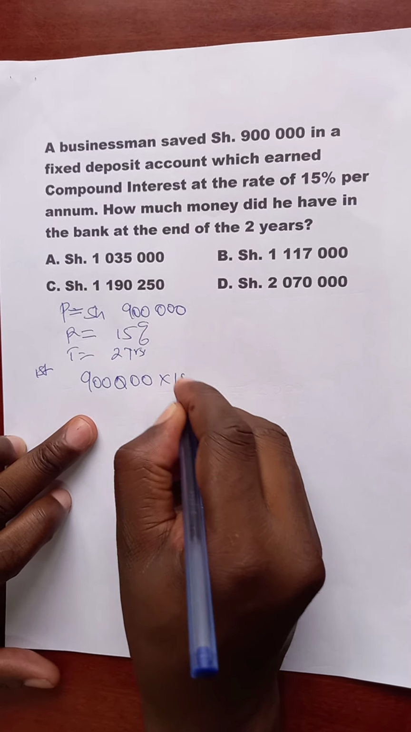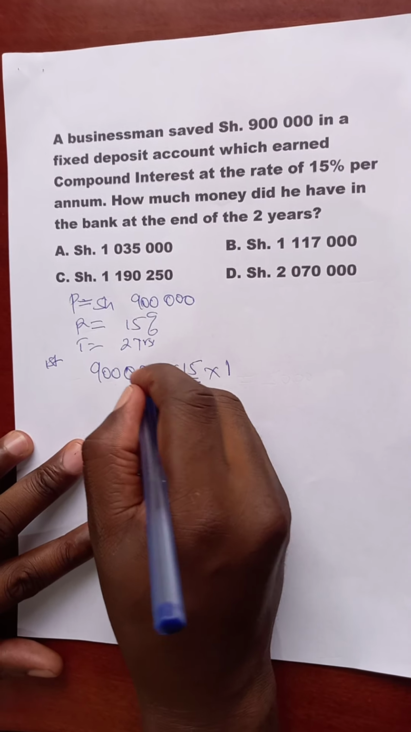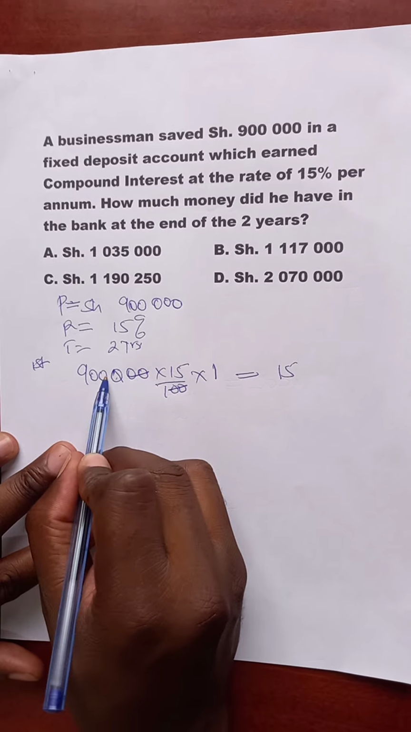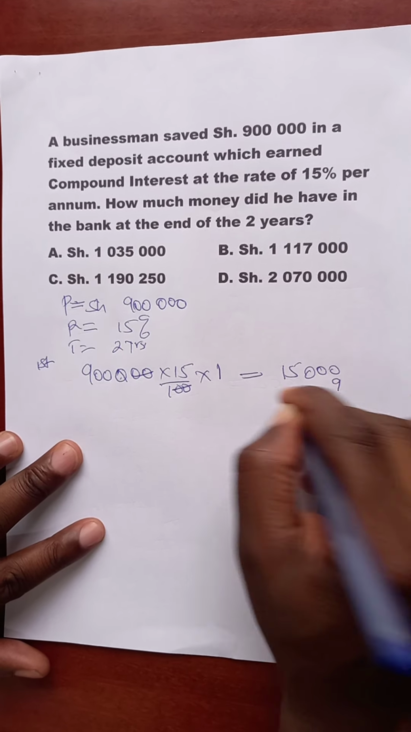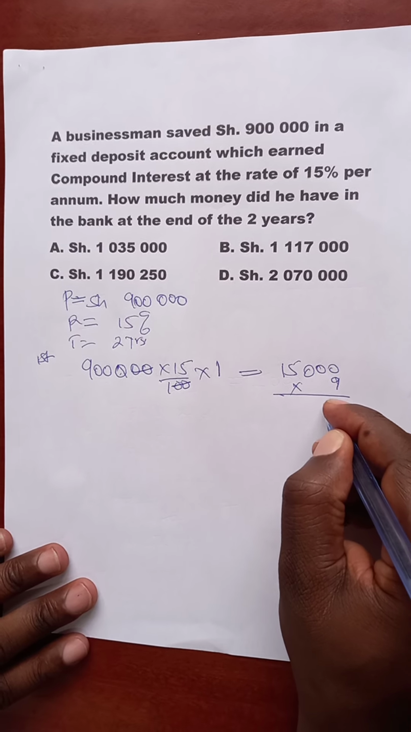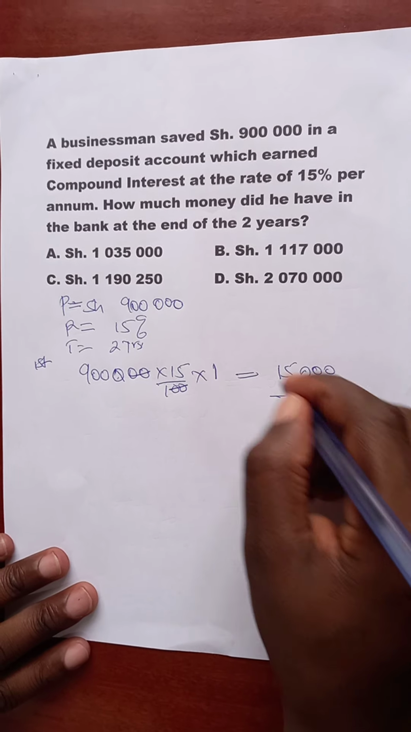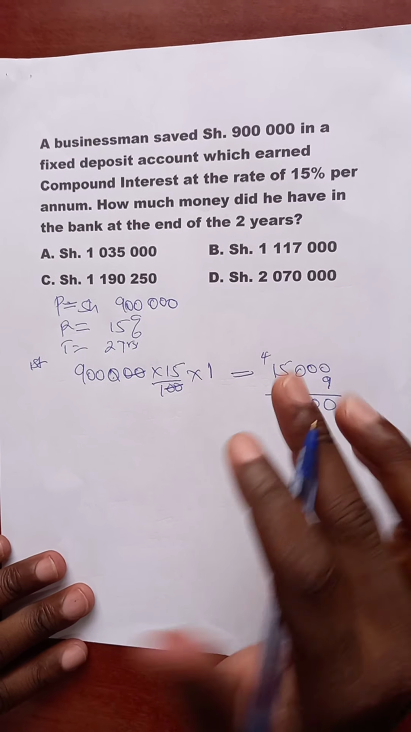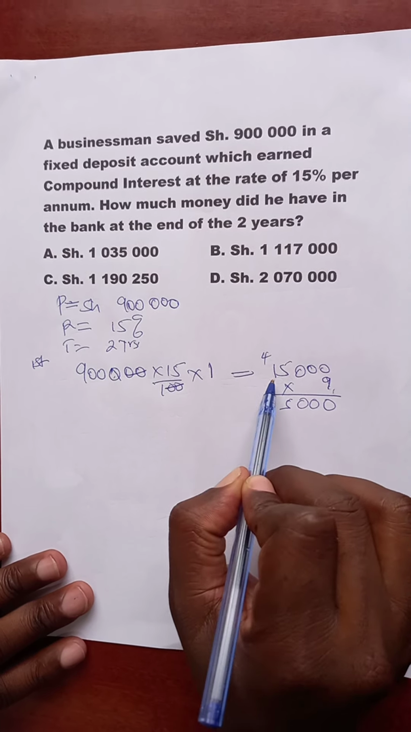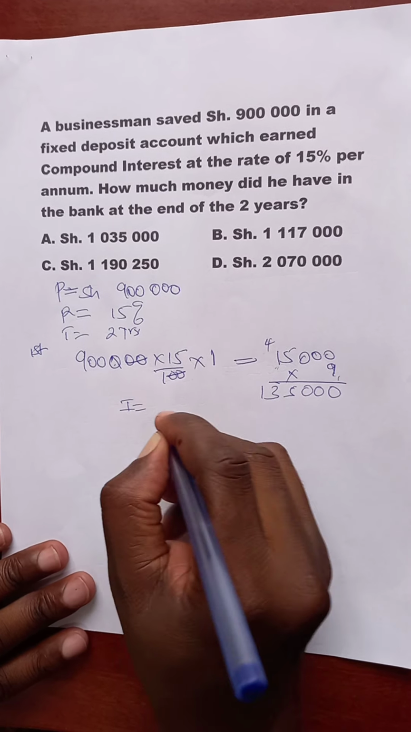900,000 times 15 out of 100 times 1. Cancel zeros, cancel 0. We multiply 15 times 9,000. 1, 2, 3. You place those zeros there. You multiply by 9. Simple multiplication. 9 times 0, 0. 9 times 0, 0. 9 times 0, 0. 9 times 5, 45. You write 5, carry 4. Sorry, learners, 9 times 1, 9, plus 4, 13. The interest of the first year was shillings